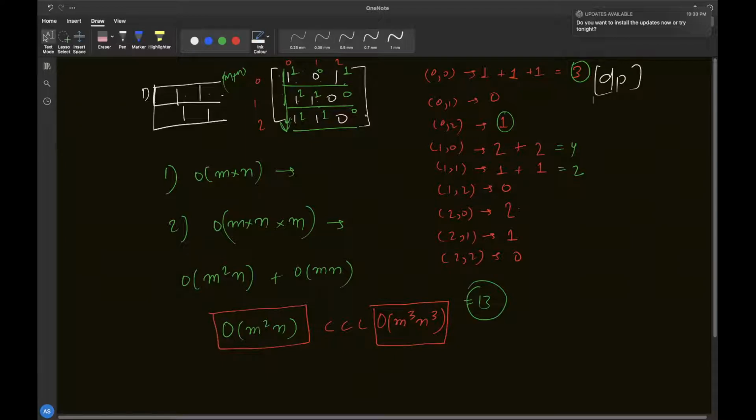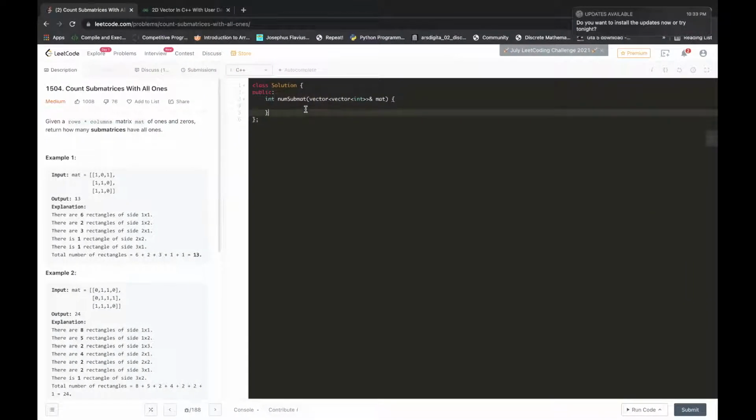It is not a proper DP in the conventional sense, like how we solve standard DP problems, but it has some of the gist or feel, because what we're basically doing is calculating it for one-dimensional arrays and then using those values to calculate our final result, right? So this is the optimal approach for this particular question. Usually I have the code already submitted, but for this one I'll write the code in the editor, and then we'll see whether this question gets accepted or not. The algorithm is ready with us, so it should not be a problem.